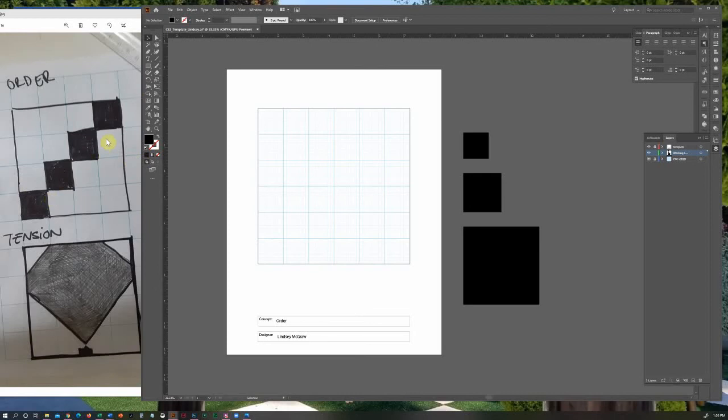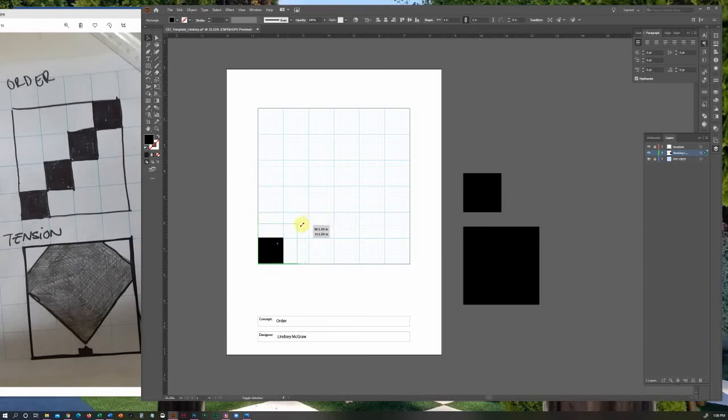So this order design is pretty straightforward. I think I can just start with one of these boxes. Let's see here. 1, 2, 3. This was like a 4x4 grid. This one looks bigger. 1, 2, 3, 4, 5, 6. 1, 2, 3, 4. Yeah, 6x6 grid. So I'm not exactly sure the math on that, but if I hold down the Shift key as I have my cursor near the corner of this square, you can see how it changes to that kind of up and down arrow. And by holding down Shift,